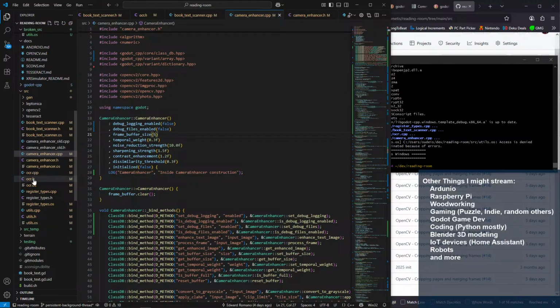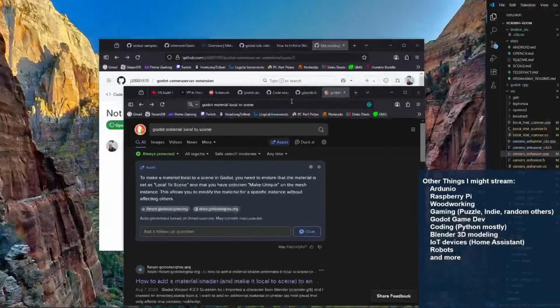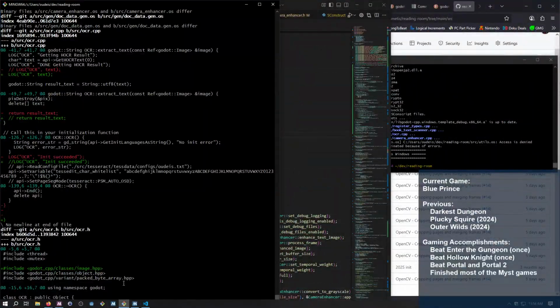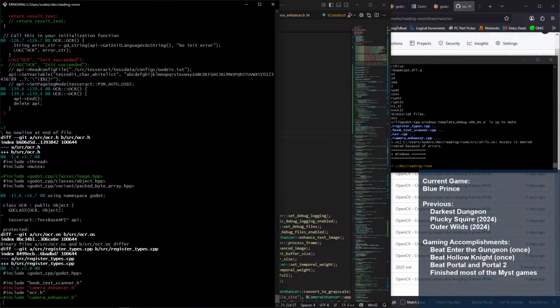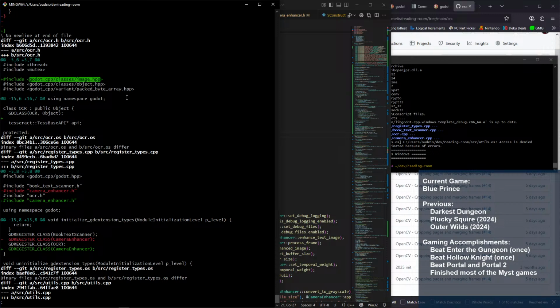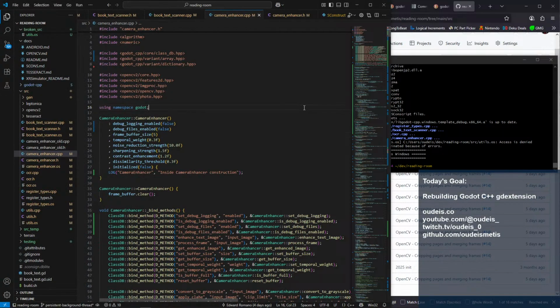Where is that, by the way? Where's the init succeeded? Yeah. That shouldn't have been commented out like that. Oops. Where am I? Okay. And then OCR.h, we brought in image because image was missing. Oh, right.